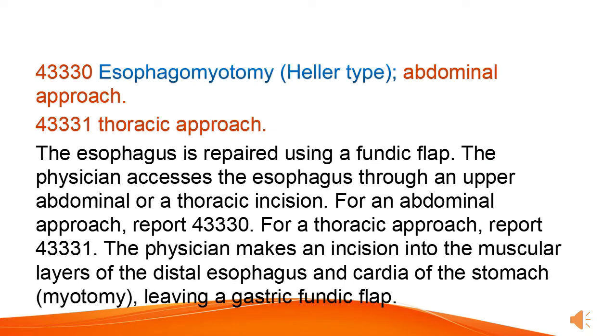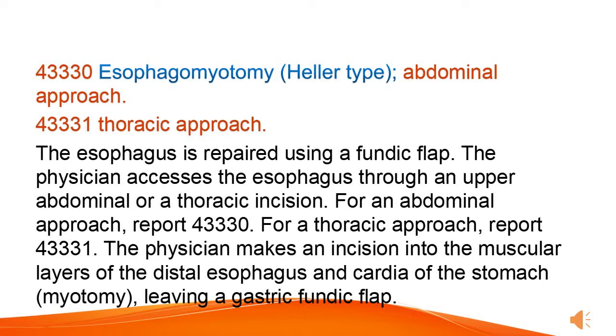Esophagomyotomy, Heller type, abdominal approach. Thoracic approach. The esophagus is repaired using a fundic flap. The physician accesses the esophagus through an upper abdominal or a thoracic incision. For an abdominal approach, report 43330. For a thoracic approach, report